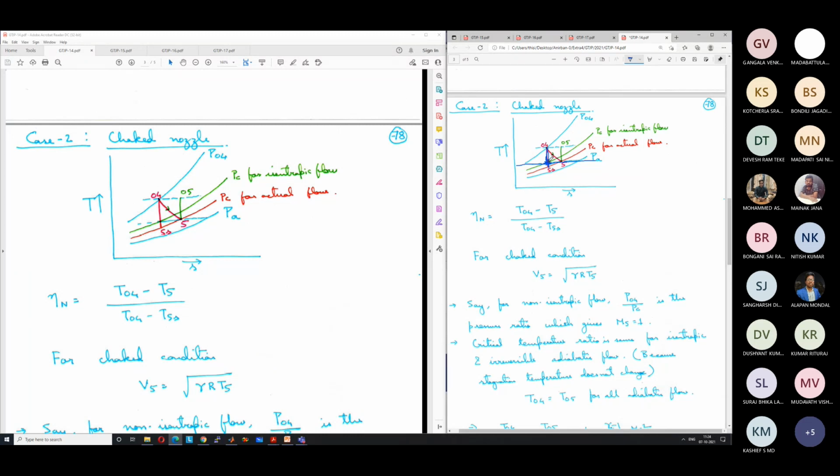Okay, and correspondingly, the pressure at that point will be PC, shown in green line, which is higher than the critical pressure for the actual flow. So the critical pressure can vary, although the critical temperature is not varying. So with more frictional losses, critical pressure will keep on decreasing. So you will need more pressure reduction to reach the sonic velocity if there are pressure losses. If there are no pressure losses, you will need less pressure reduction to reach the sonic velocity.